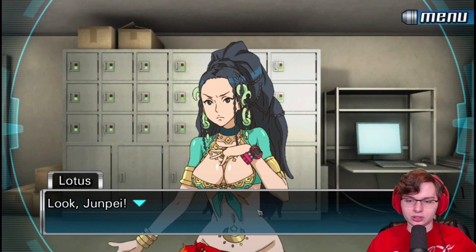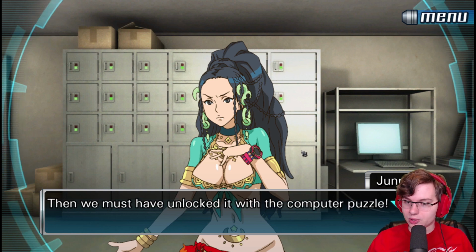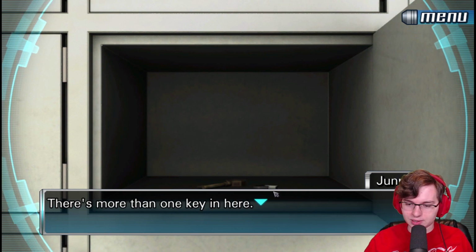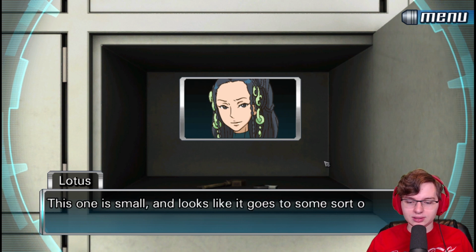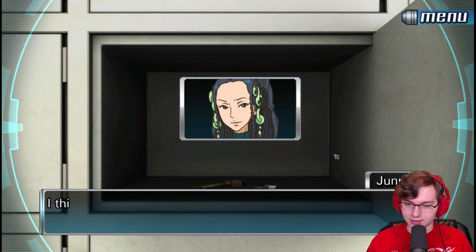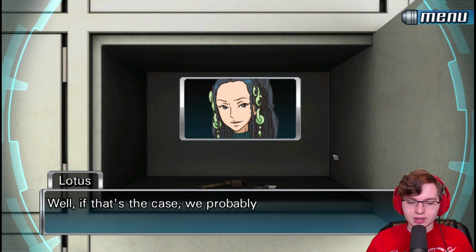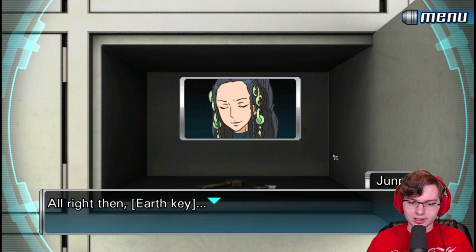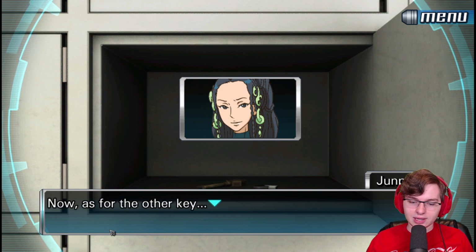This? Interesting. Look, Junpei. The lights on the lockers are green. Then we must have unlocked it with the computer puzzle. What's in here? Keys and a little wind-up key for the robot? There's more than one key in here. This one is small and looks like it goes to some sort of machine. And this one has the Earth symbol on it. I think the Earth symbol matches the keyhole in the door on the A deck. Well, if that's the case, we probably don't need the Earth key right now. Alright then, Earth key. I'll just tuck you away deep in my pocket. Now, as for the other key...